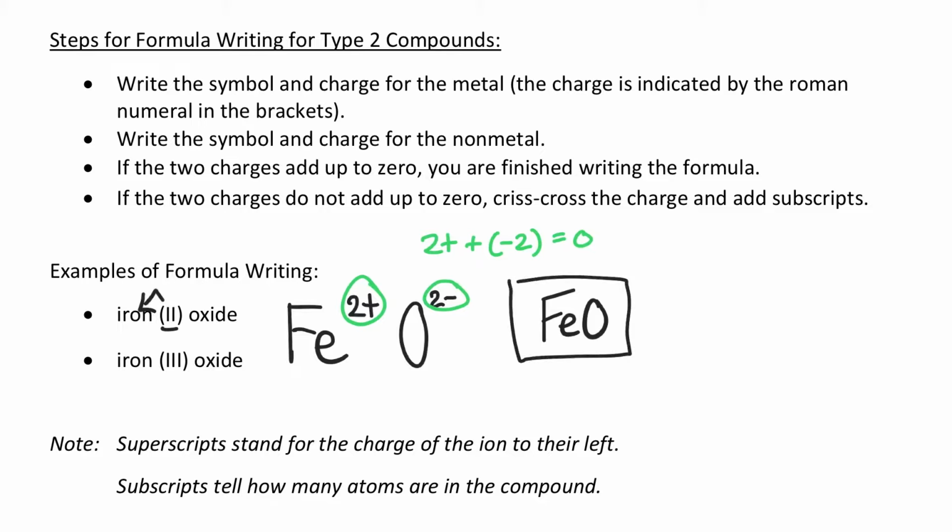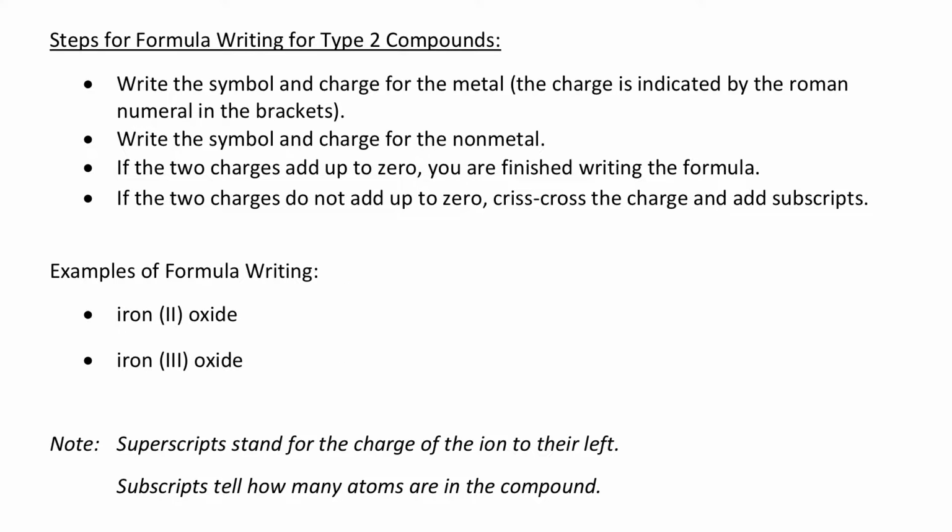Now we can also go ahead and look at the next example, iron 3 oxide. So again, we'll follow the same steps that we did before. The very first thing to do is write the symbol out for the metal, which is Fe. And we're writing the charge this time. And notice that when we're looking at the Roman numerals in the brackets, now it is 3. So that stands for the 3+ charge that belongs to iron, because that's the cation. And then we're going to write the oxide out. So that's O, like the last example, 2-,